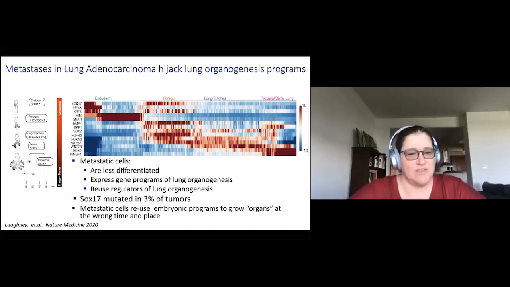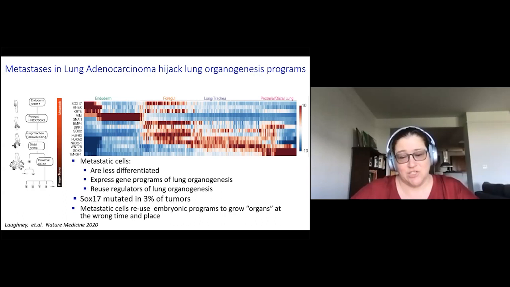But what was quite striking to us is when we looked at the metastatic cells at single cell level, we found that metastasis really recapitulates lung organogenesis. So we could find the gene programs for all the lung organogenesis, all the way from early endoderm and foregut, to the development of more distinct lung structures. And not only did we share the genes, they shared really the same regulators, and one can really view metastatic cells as organs that are trying to grow wrong,